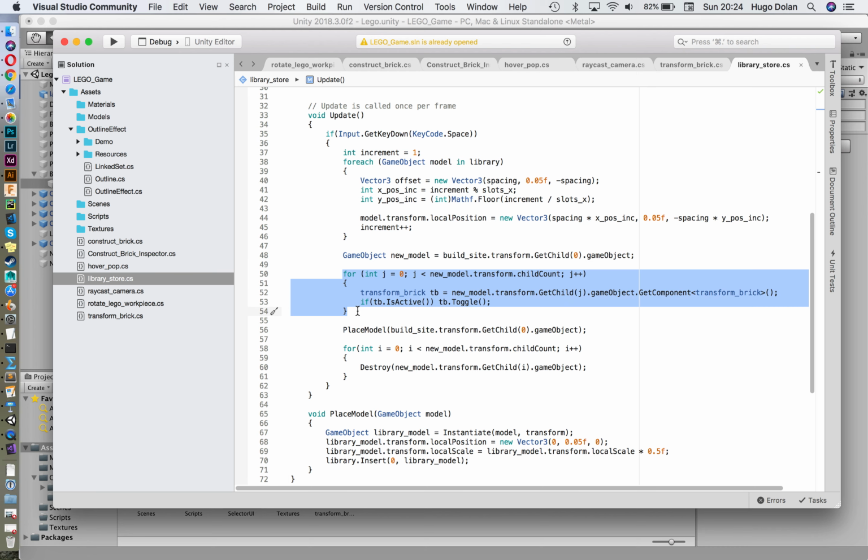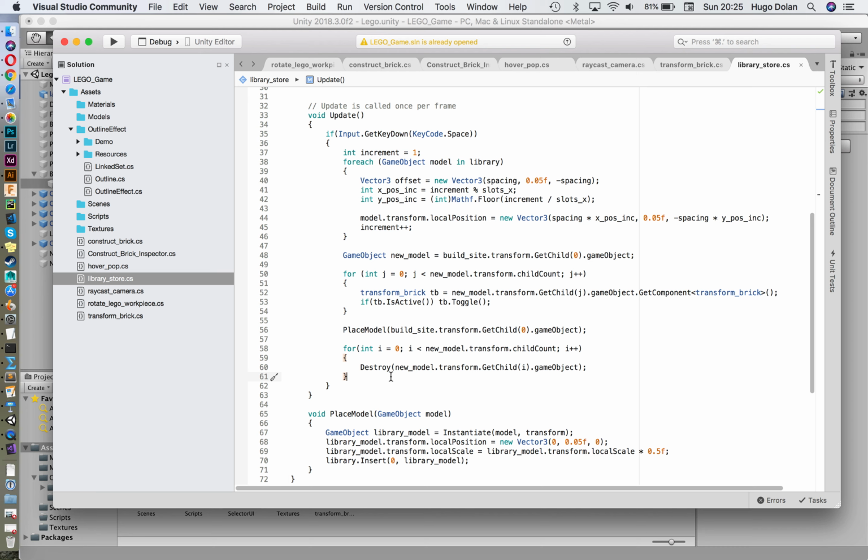essentially instantiate. Let me just see. You want to make sure that. Oh yeah. So the first thing here we're doing is making sure to turn off the selector if there's any selector still turned on, as a UI for moving the bricks around. And then we just want to place the model in the front row of the library, and we want to